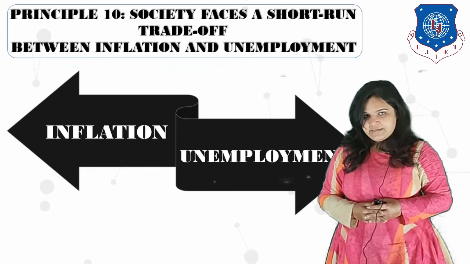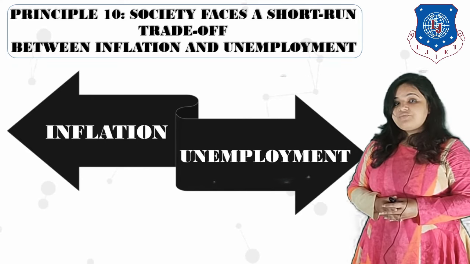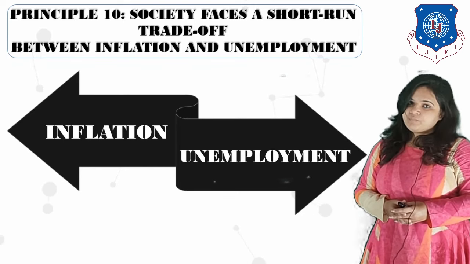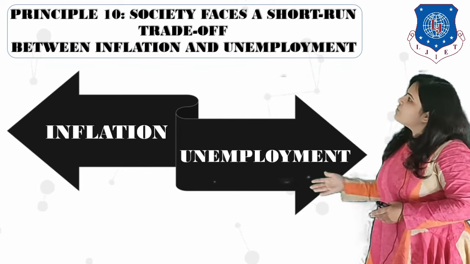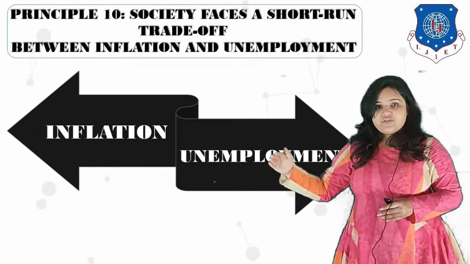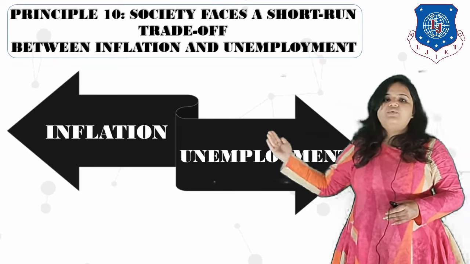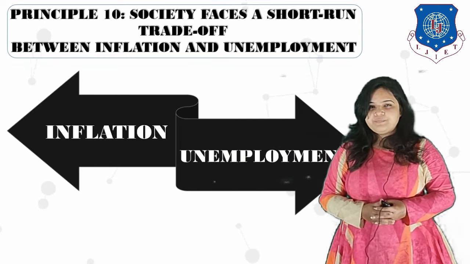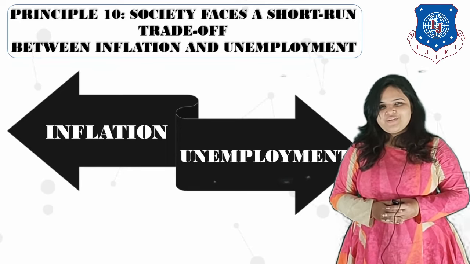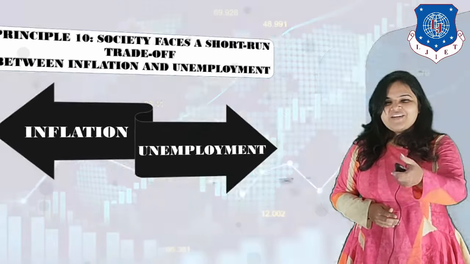But on the other hand, if people become unemployed, they might not be able to afford the basic necessities of life, which might lead to hunger and death. So the government also cannot make everyone unemployed. This is a trade-off. If they want to decrease inflation, they have to make people unemployed, and if they want to increase employment, they will have to face the problem of inflation. There is a consistent trade-off between both of these, and so running a government is not anyone's cup of tea, is it? On that note, I'll end this lecture.